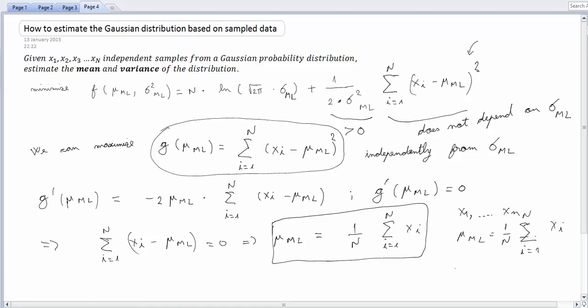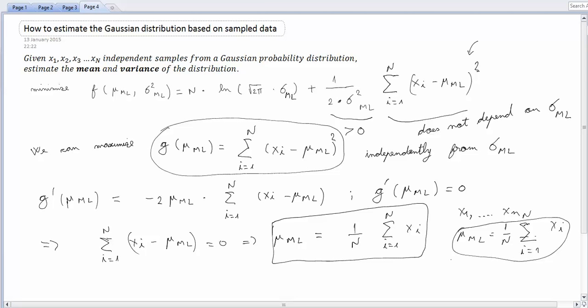So you shouldn't just believe this. You have some prior information about the probability distribution of your experiment, and then you are trying to estimate the parameters of that probability distribution